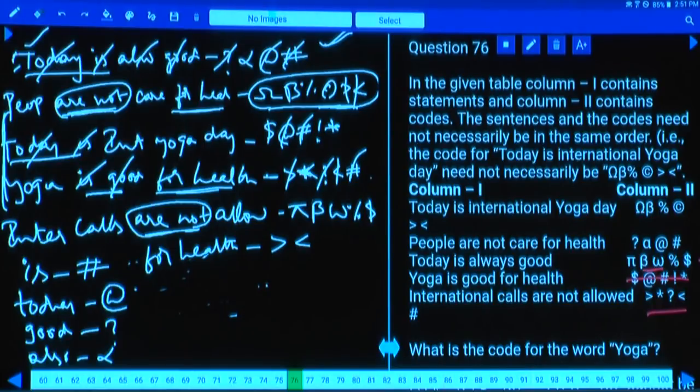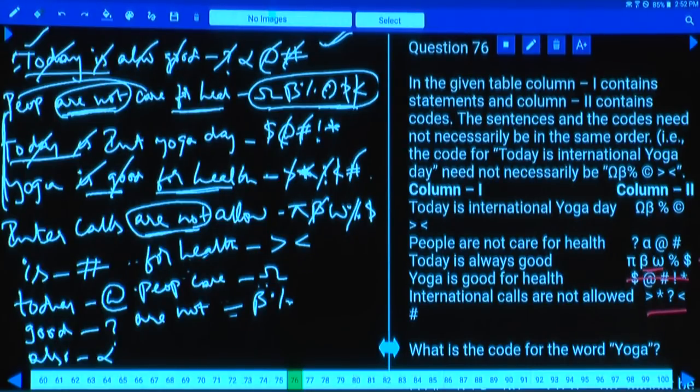And people and care. People and care, is there any word which is common between these two? Now I am talking about these two. People and care, and they are as it is. People and care, international calls are not allowed. As what are the codes for these two? People and care, greater than, lesser than done. And next one, R and not. What are the codes for R and not? R and not, beta and percentage in any order. Hence people and care must be,